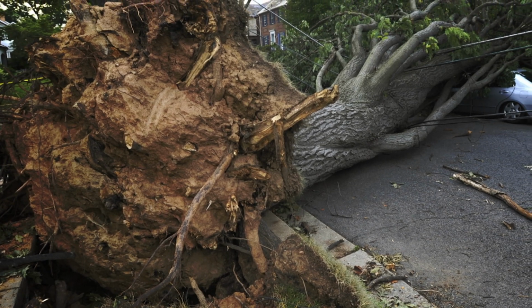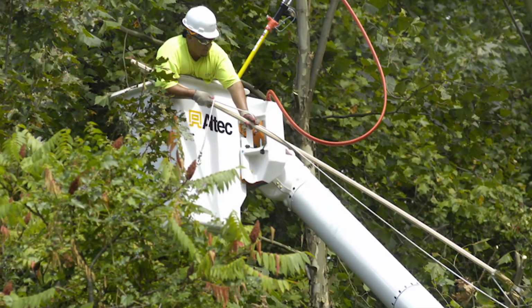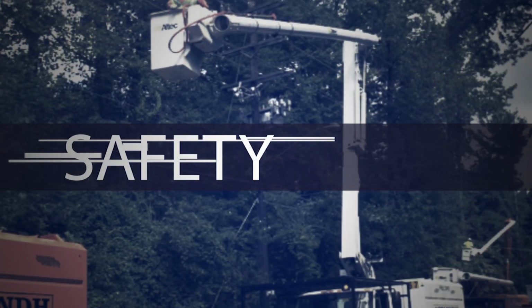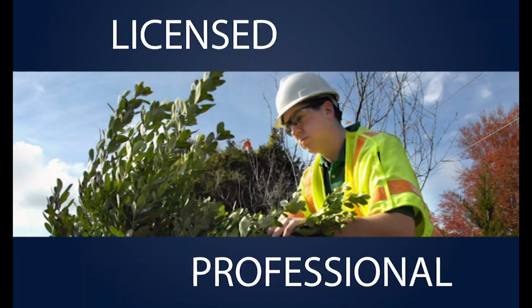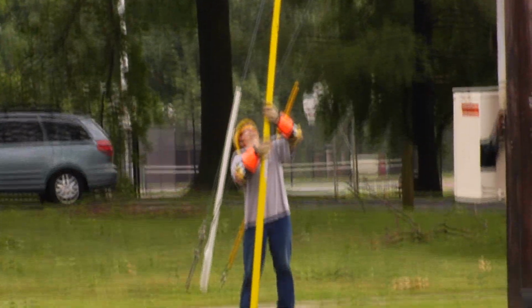Did you know that trees hanging over power lines can be extremely dangerous? PEPCO prunes trees over power lines to stay in accordance with state and federal regulations and to maintain the safety and reliability of your electrical services. So you may see their licensed tree professionals in your neighborhood. And Rockville's Forestry Department works with PEPCO to make sure the pruning process does not affect the health of city